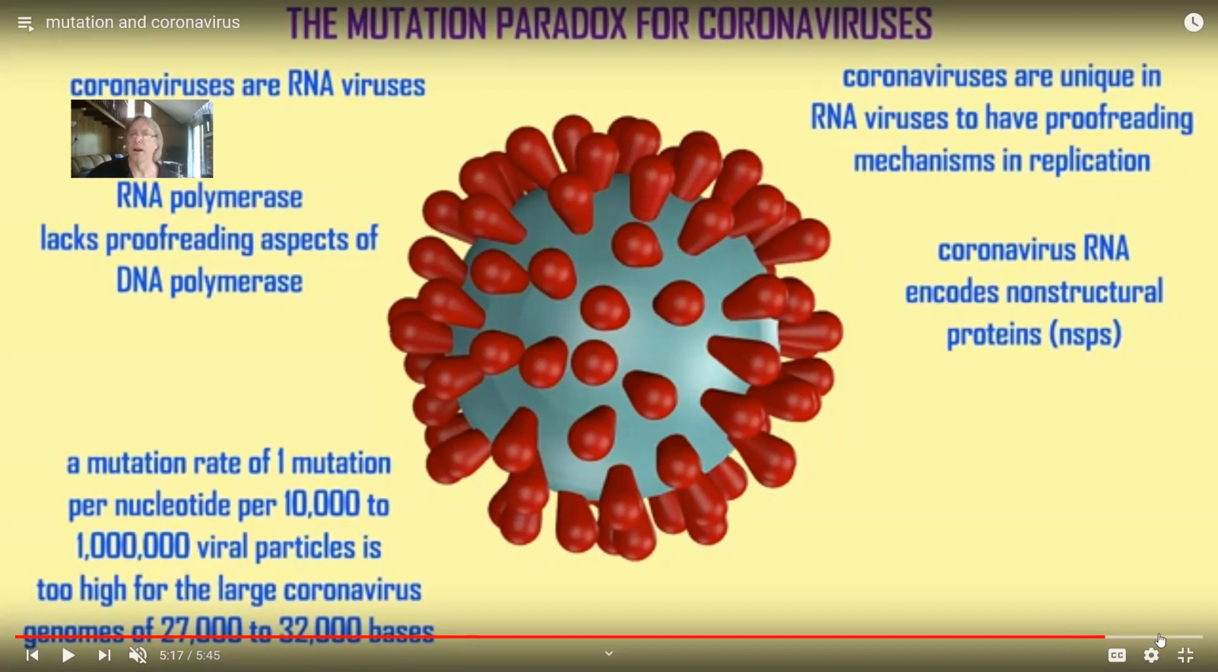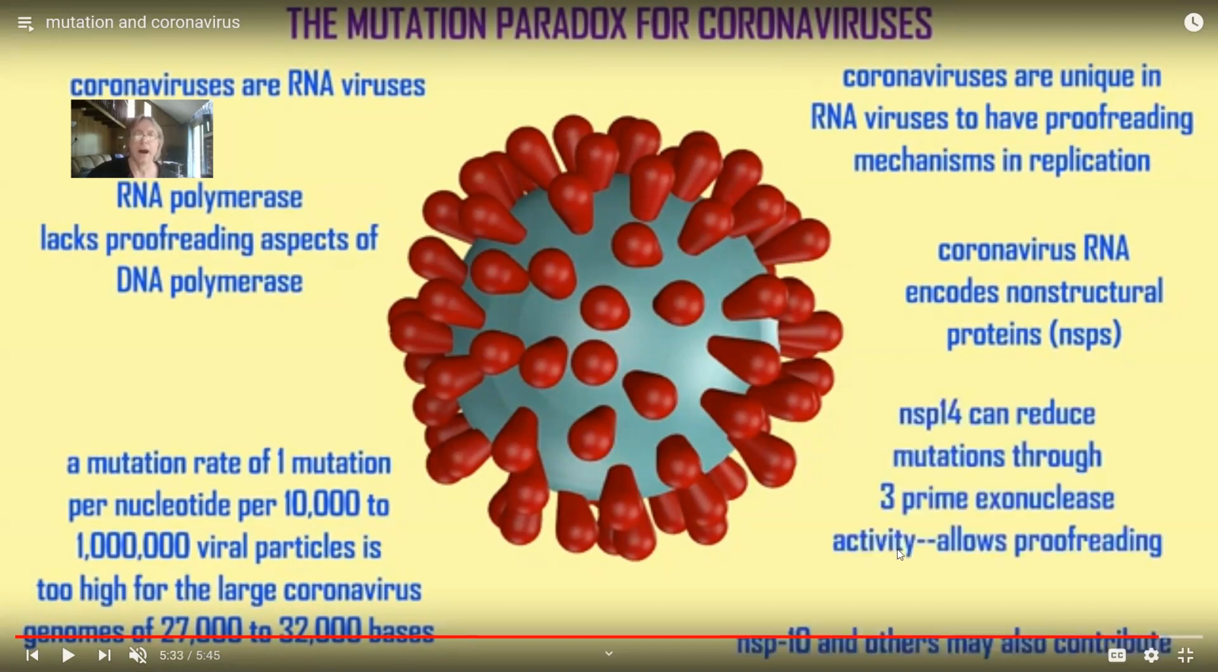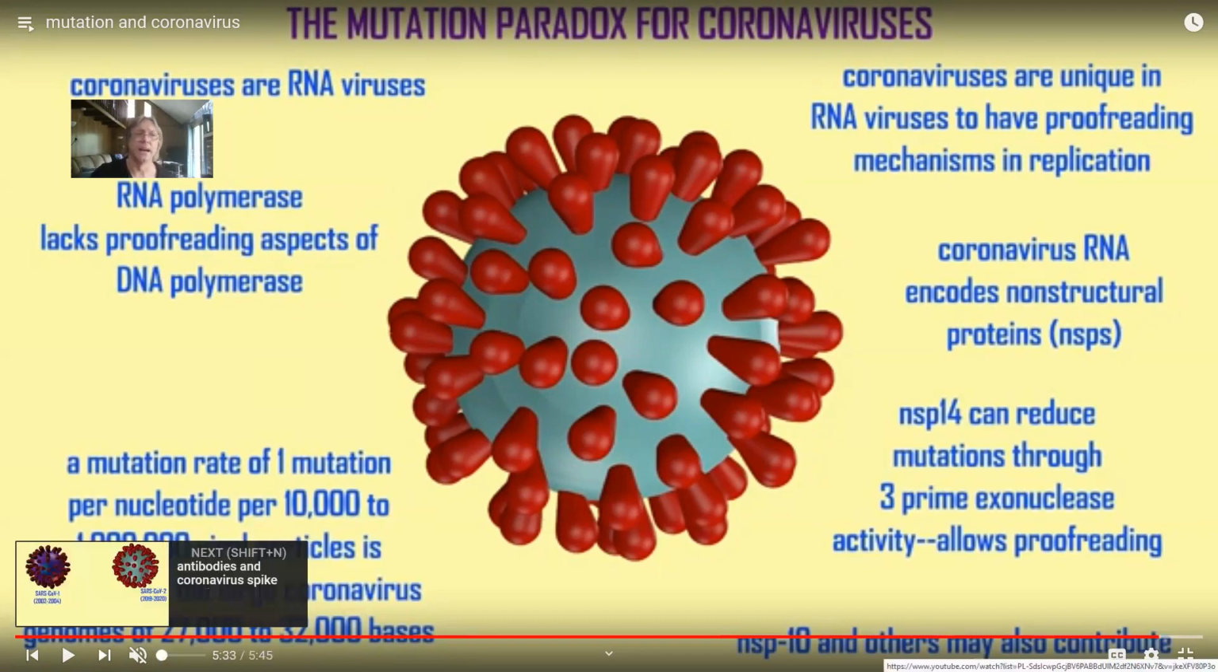And so there are a couple of NSPs, certainly NSP 14 and maybe 10, which seem to help the coronaviruses get such a large genome with 27,000 to 32,000 nucleotides in them. Otherwise, the mutation rate would be prohibitive. The viruses